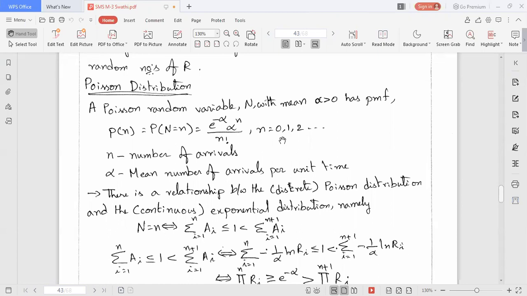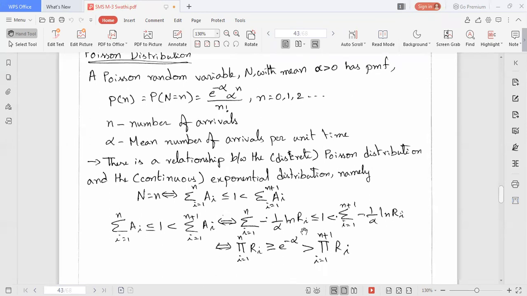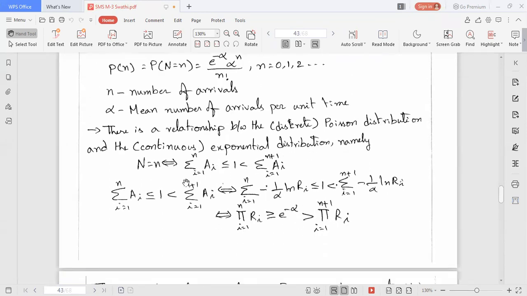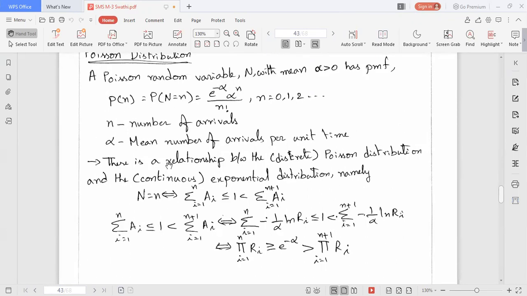There is a relationship between the discrete Poisson distribution and the continuous exponential distribution. Capital N is equal to small n, where capital N is the Poisson random variable and small n is the number of arrivals.